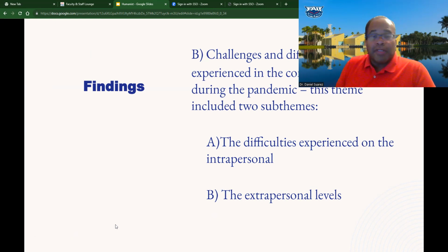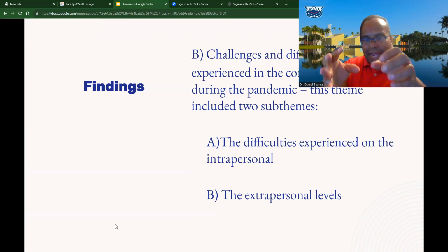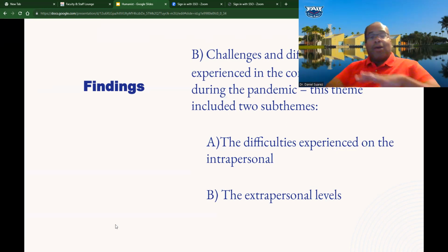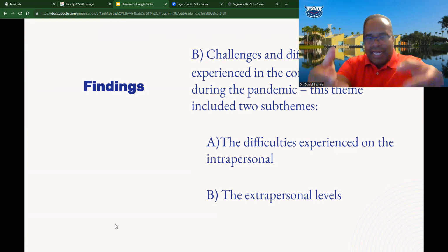The difficult experiences really focused on the interpersonal, realizing that we care about you, we want to know how you're doing, but that's the micro. The other portion is taking it out to the macro. How is this as a group? How's the group feeling? What's going on? And thus they see that we care about them, and realize they're part of a community.